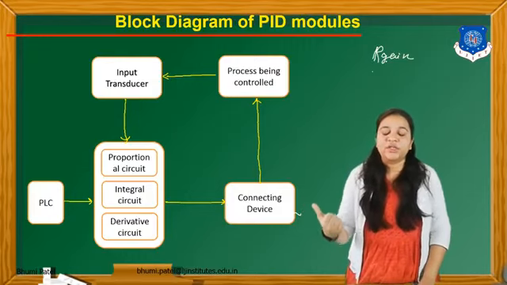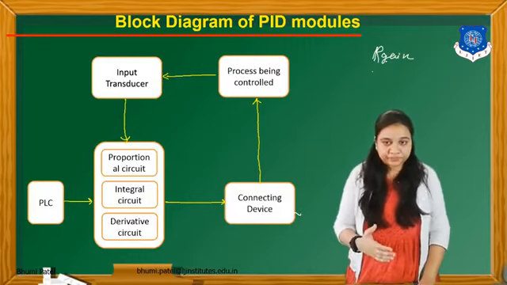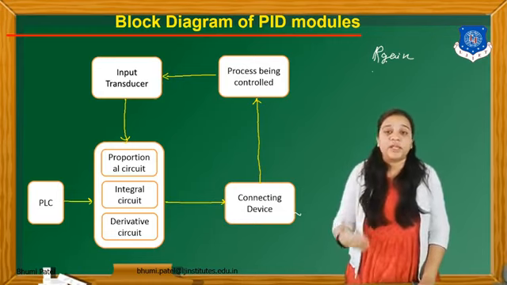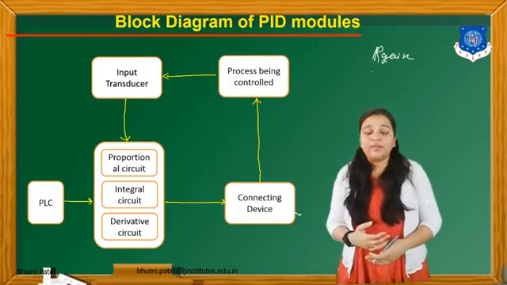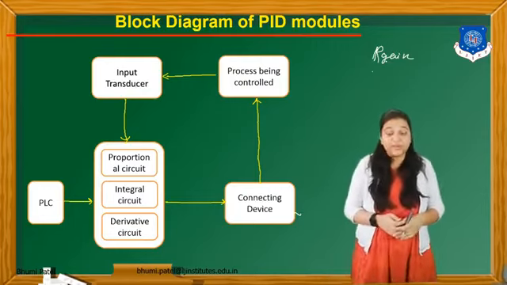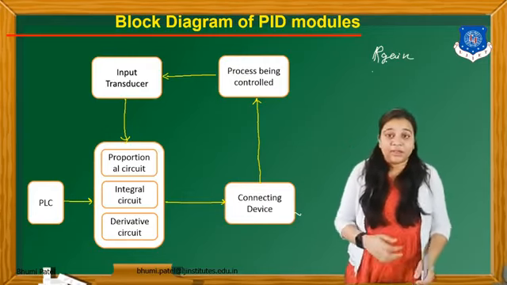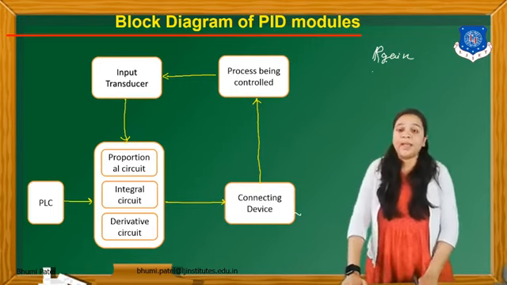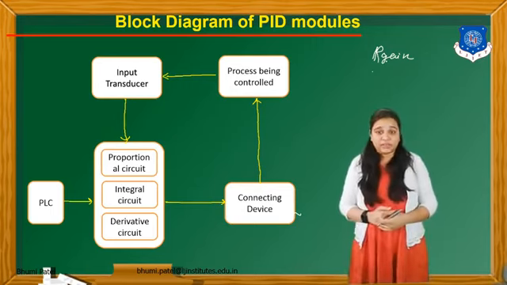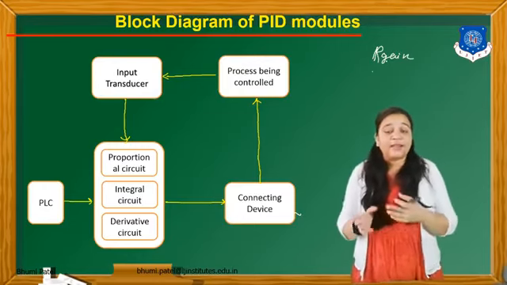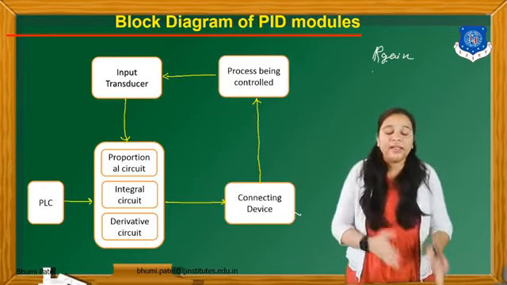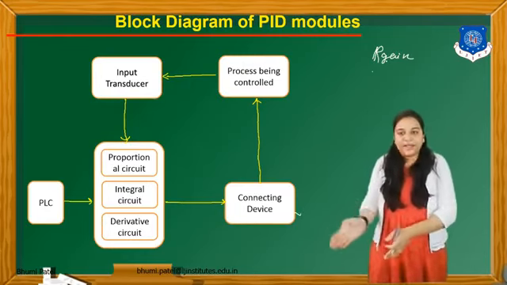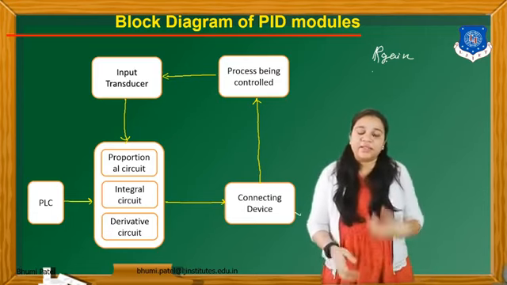If a proper proportional graph is not given for this particular system, we can change the gain of the system and then check the output of the system. This is one type of trial and error method. The next important thing is that we have a proportional, integral and derivative circuit equation. Using this equation we can also calculate the P gain, I gain and D gain, and according to this data we can apply this theoretical data practically and then check the output.